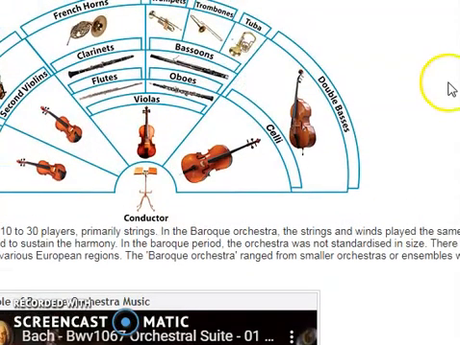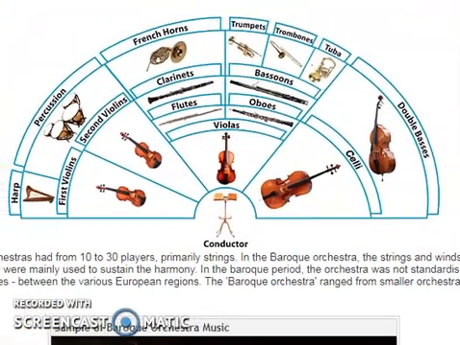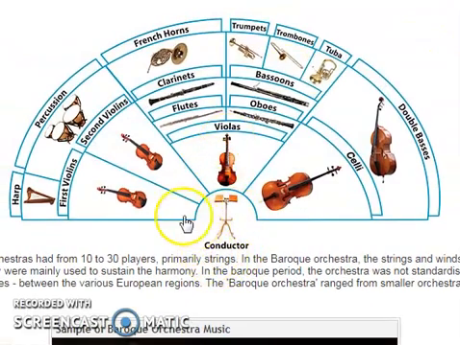Okay, here. I will show you here. Look at this one. So here, the orchestra is arranged first with string instruments like the violin,